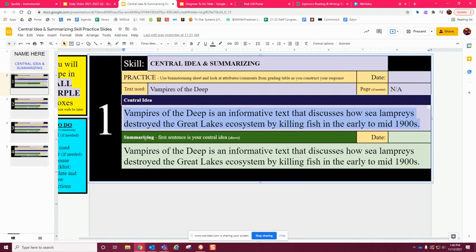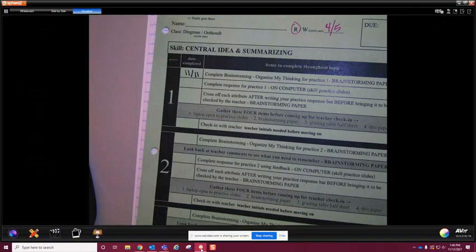Down here in the green is summarizing. It says the first sentence is your central idea above, so this was copied and pasted here. This is not done. What you need to do in this green box is go and finish the summarizing. And how you're going to finish the summarizing is you're going to go back to